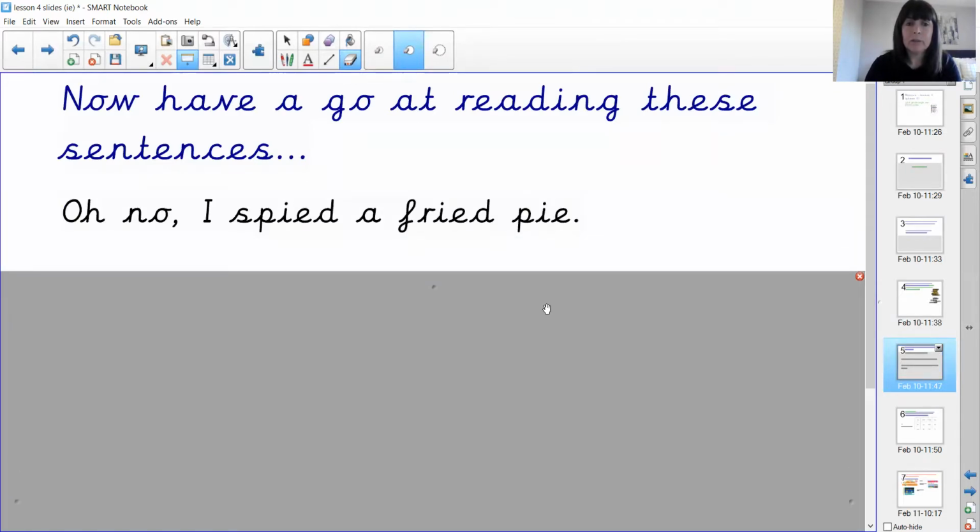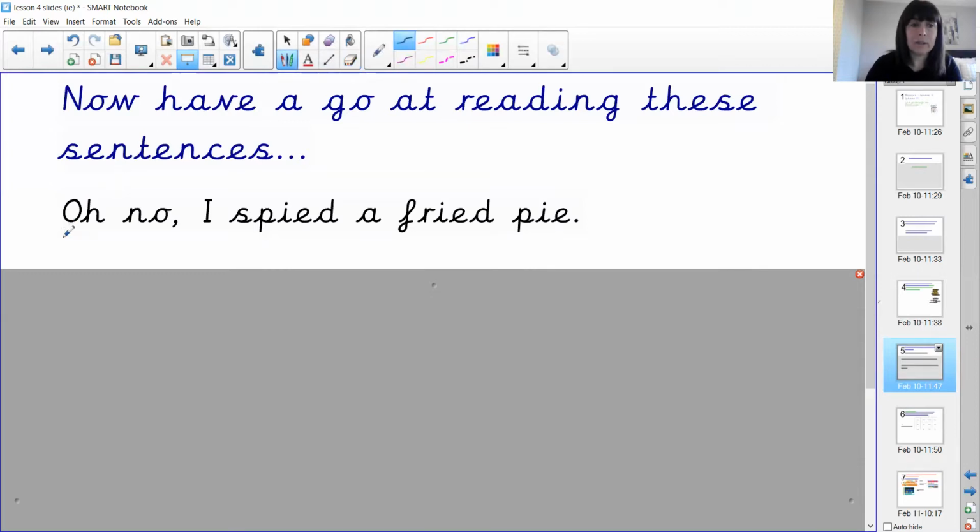So I'm going to do the first one with you. We'll use the sound buttons to help us to read that sentence aloud, and then you can have a go at doing the next couple on the screen. So we've got our tricky word, haven't we, to start off with from yesterday? Oh, and then another tricky word, a phase 3 tricky word, no. Oh no. And another tricky word, these are early tricky words here that we've learnt a while back. Oh no,